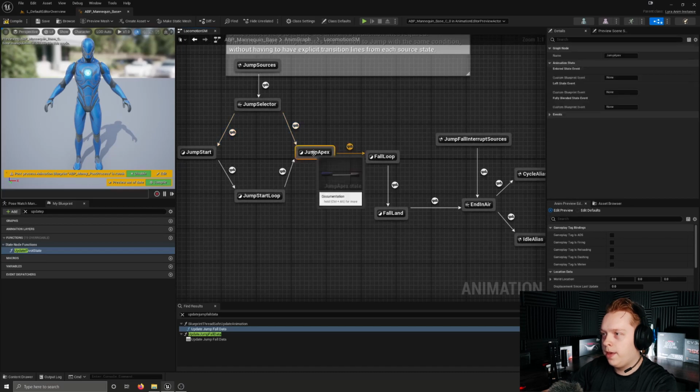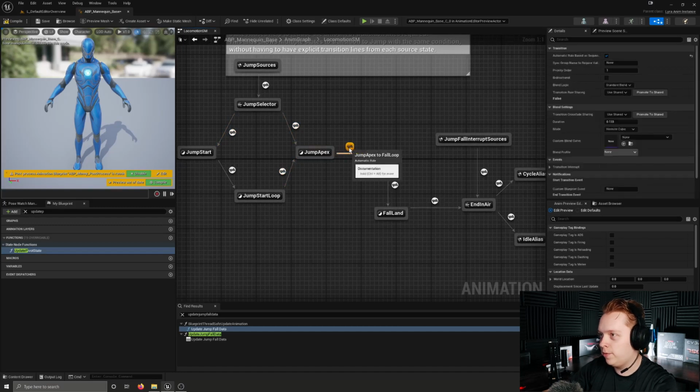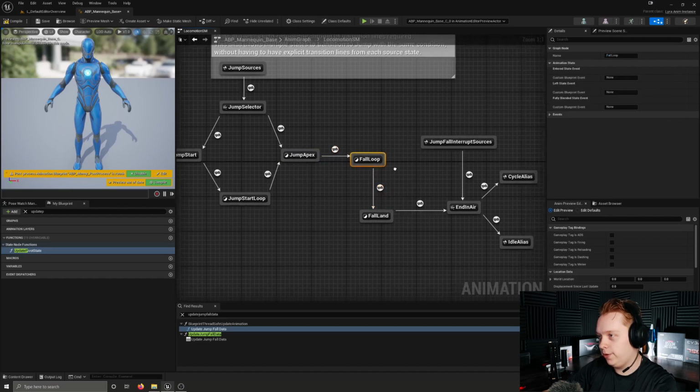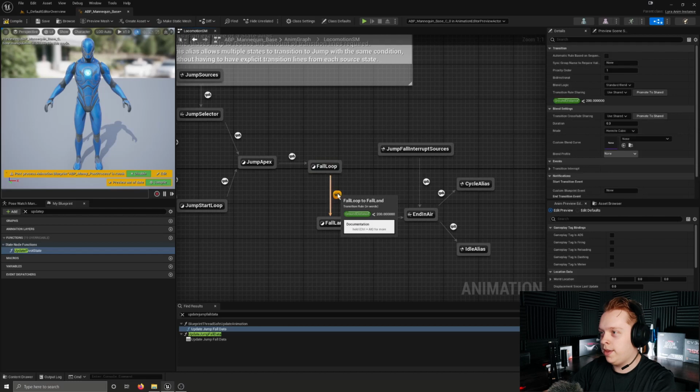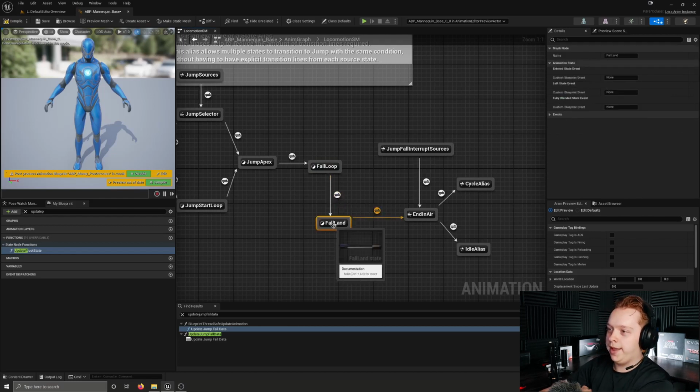Now once we are in the jump apex, once this transition becomes true, and it does when the jump apex animation is done playing, we'll play the fall loop animation. And this is checking whether the distance to the ground is less than 200, then we play a fall